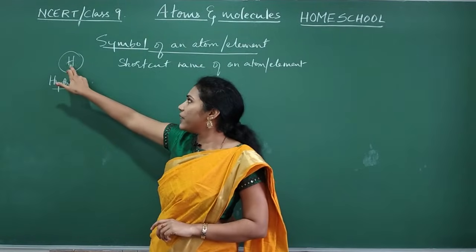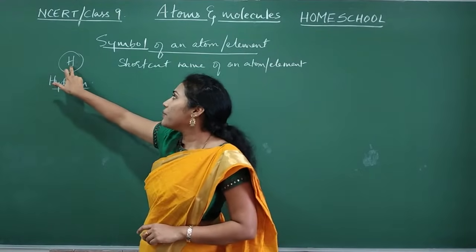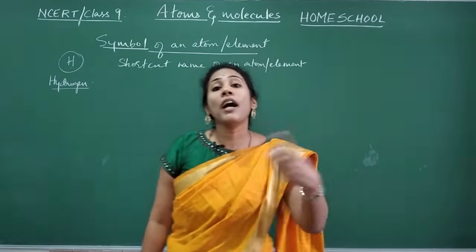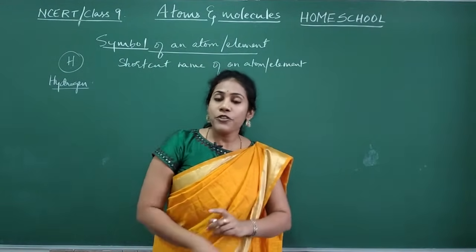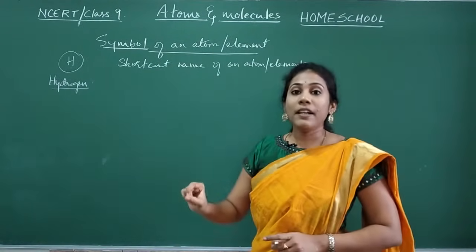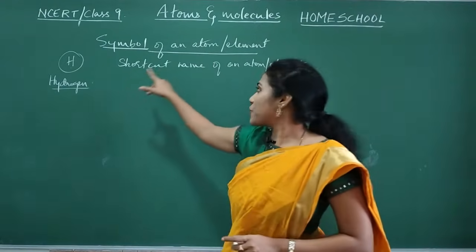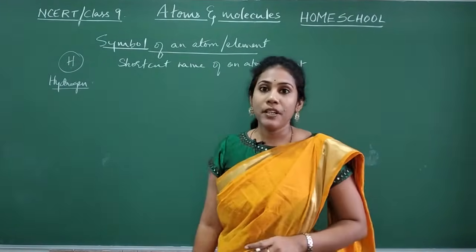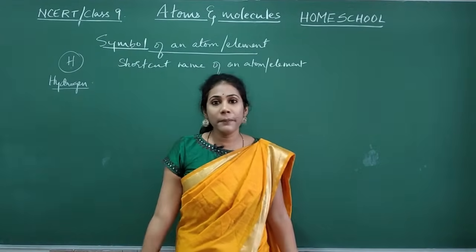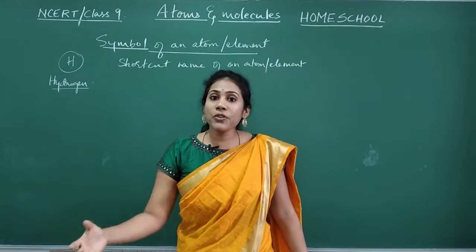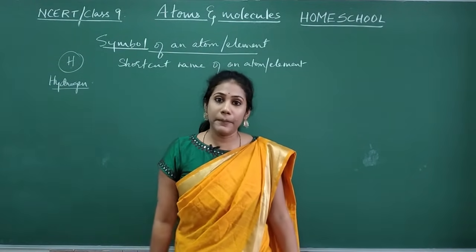So what is the shortcut we use here? Just H we will use. The starting letter of the name we are using as a symbol to talk about the element called hydrogen. Clear, everybody? So understand the meaning of the symbol and the importance of the symbol here. So what is a symbol? Just a shortcut name of an element. Why is the symbol very important? Why is the name very important for the element? Because with the help of names only, we can identify or recognize a particular element.